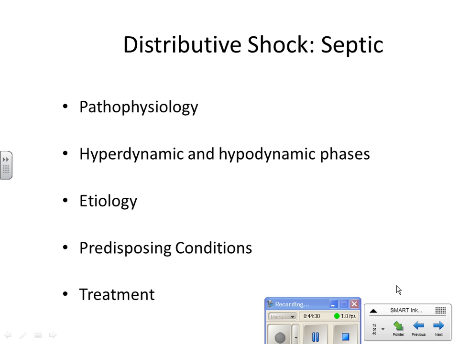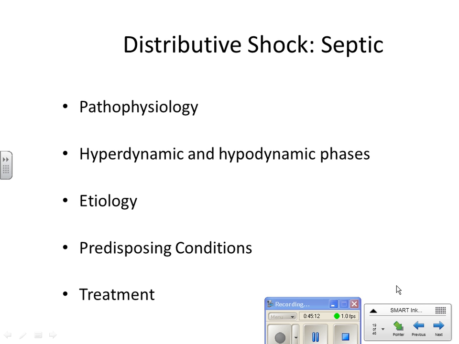Large septic decubiti. Christopher Reeve, prime example. That man probably had the best nursing care money could buy and still died of septic shock from an infected decubitus. It happens. Patients who are malnourished. So some of our elderly patients who get a little bit of a UTI, and because they're malnourished and they don't have the resources to help compensate for that, they become septic and they go into septic shock.